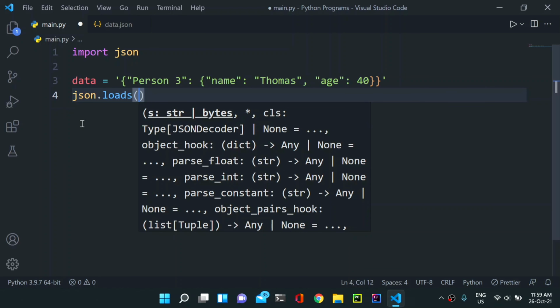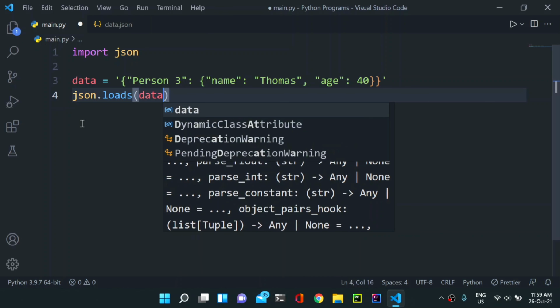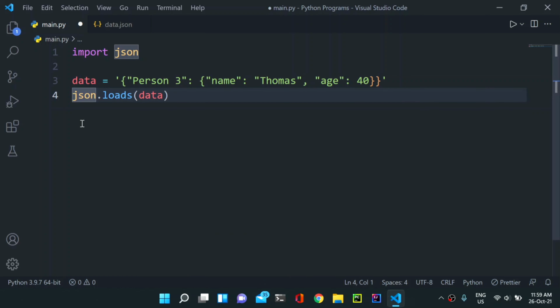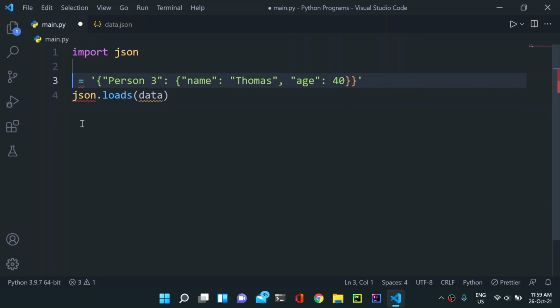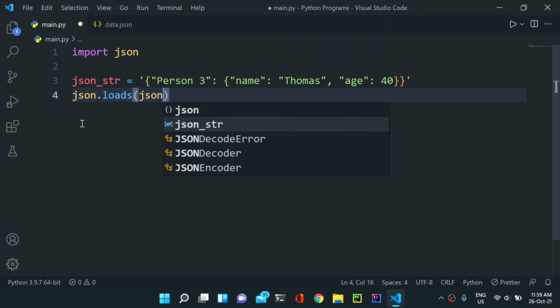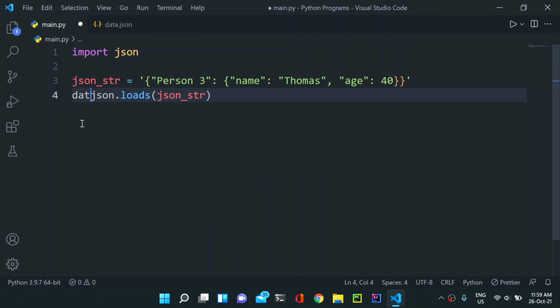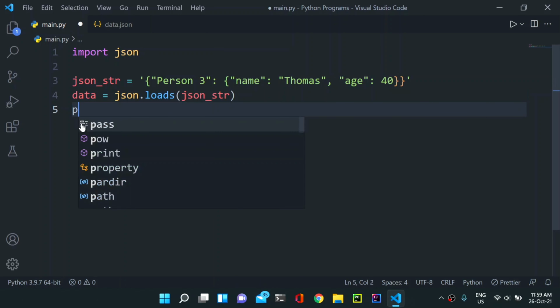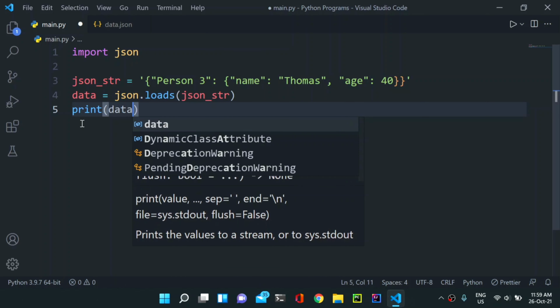Load is used to load a file and loads is used to load a string. So that is something which you should remember. So now let us make it a JSON string, json_str, and let us store it in this data. And then we can simply print this data here.